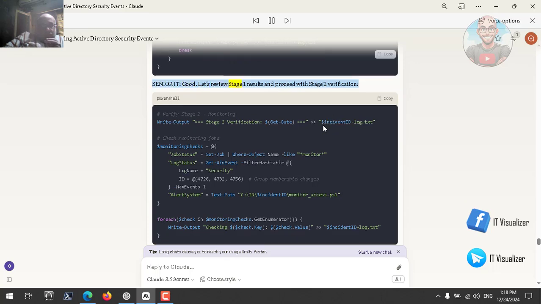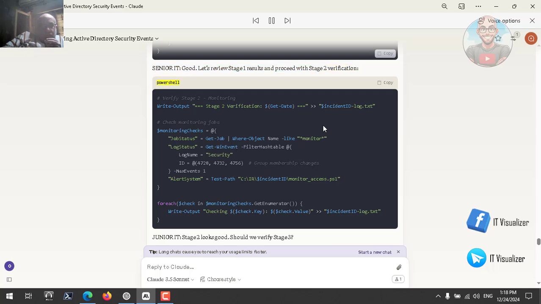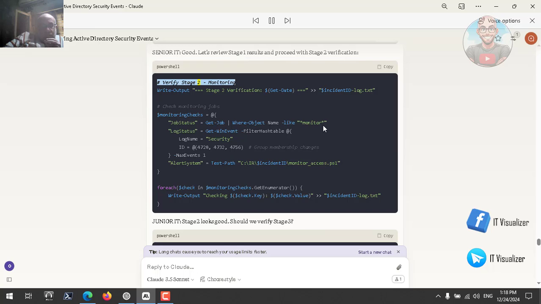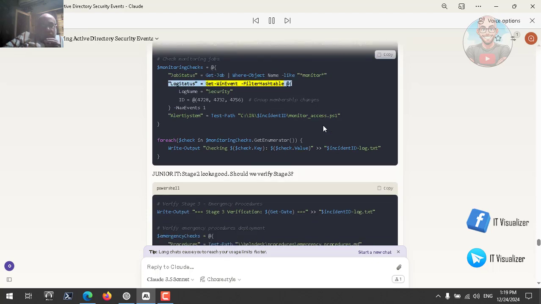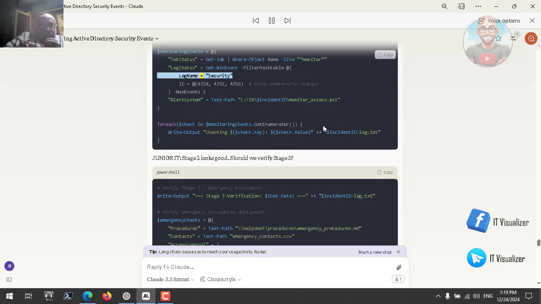Senior IT: Good. Let's review stage 1 results and proceed with stage 2 verification. PowerShell: # Verify stage 2: Monitoring. Write-Output "Stage 2 verification". Get-Date >> $incidentID log.txt. # Check monitoring jobs. $monitoringChecks = @{ jobStatus = Get-Job | Where-Object {$_.Name -like "*monitor*"}. logStatus = Get-WinEvent -FilterHashtable @{LogName=